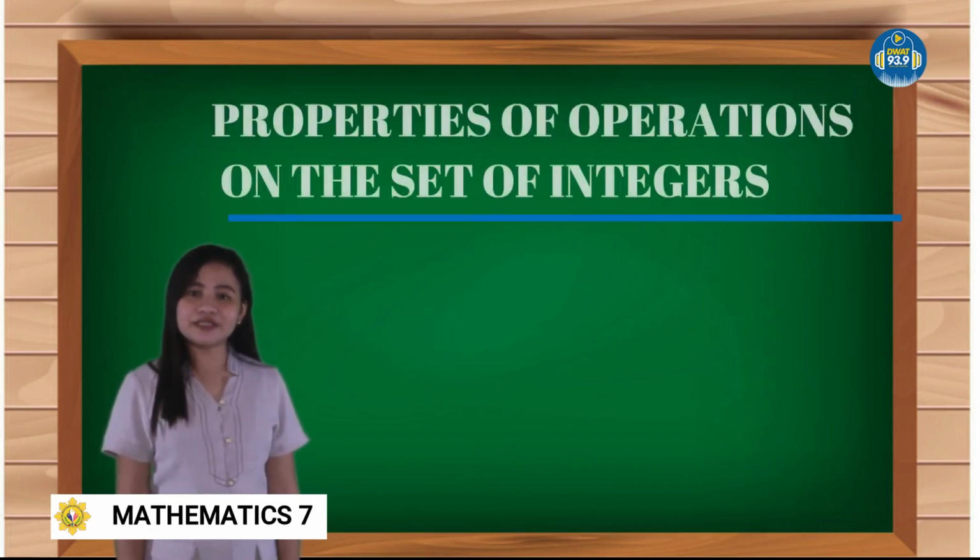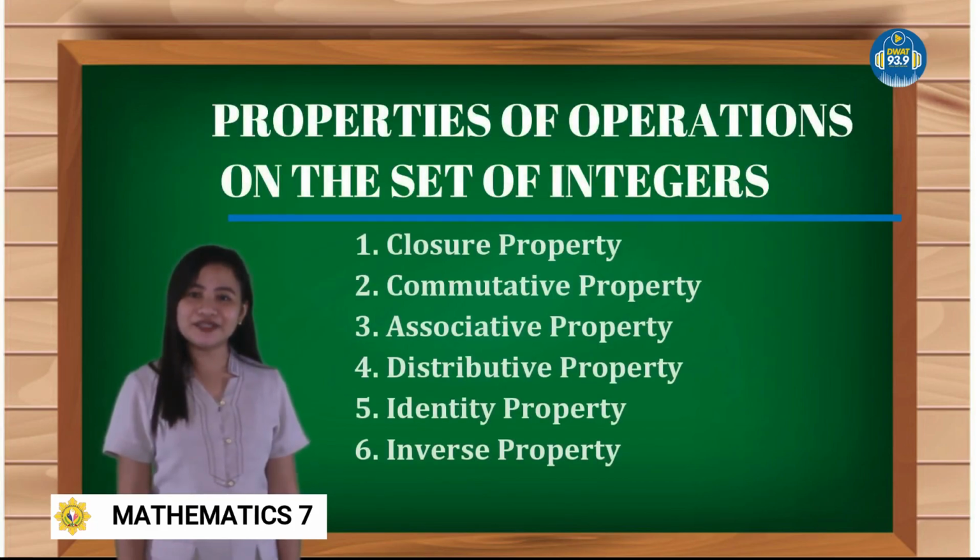Again, the different properties of operations on the set of integers are closure property, commutative property, associative property, distributive property, identity property,